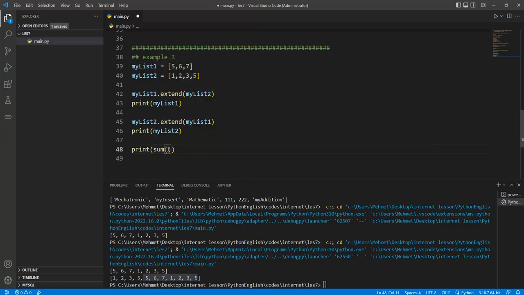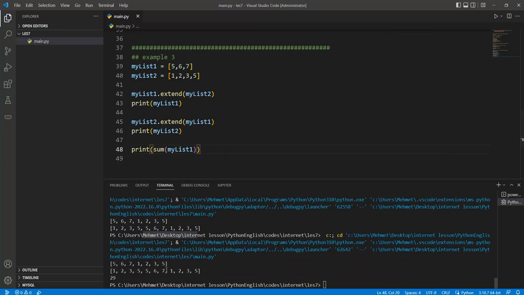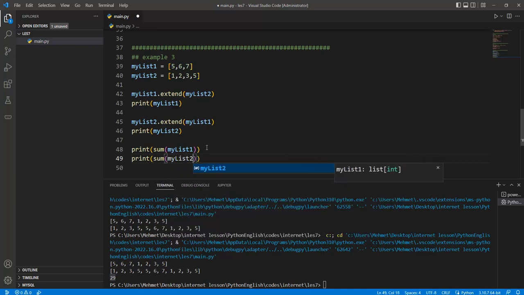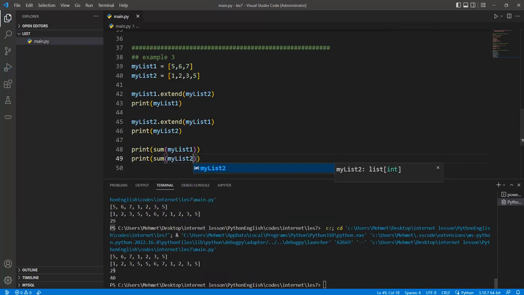If we have this function, we can search for the summation of list 1. List 1 is equal to 29. Or we can use the sum of my list 2 like this, this is 40,